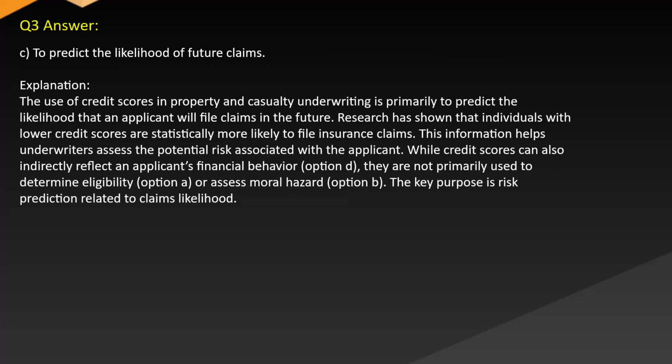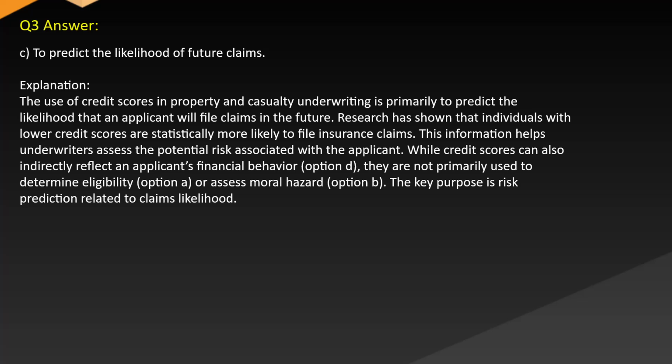Answer: C. To predict the likelihood of future claims. Explanation: The use of credit scores in property and casualty underwriting is primarily to predict the likelihood that an applicant will file claims in the future. Research has shown that individuals with lower credit scores are statistically more likely to file insurance claims. This information helps underwriters assess the potential risk associated with the applicant,